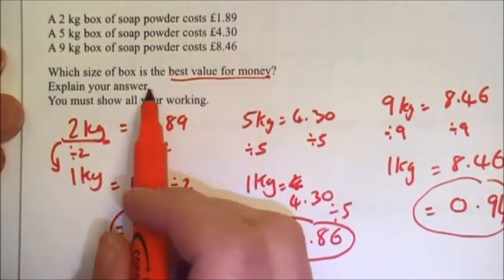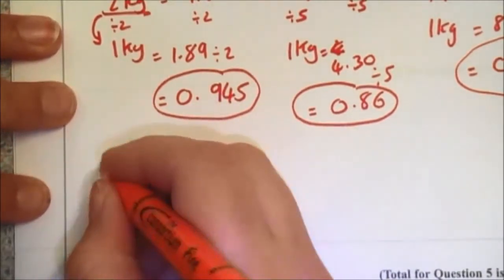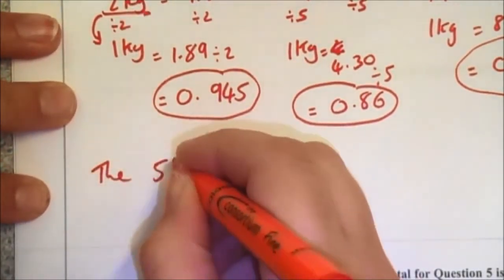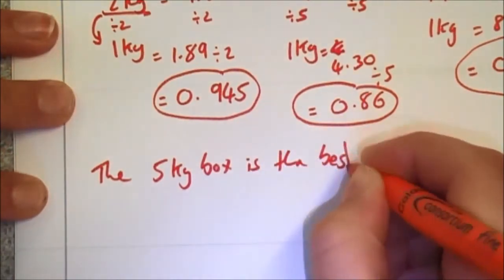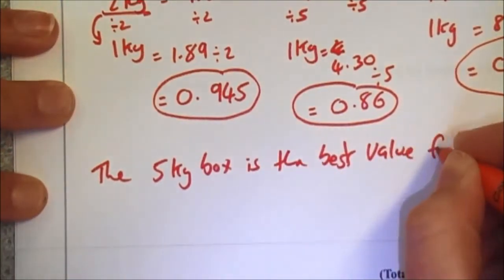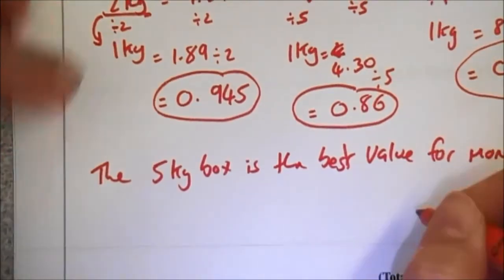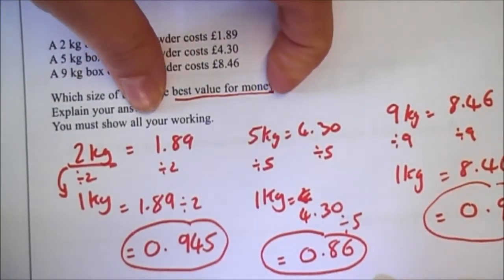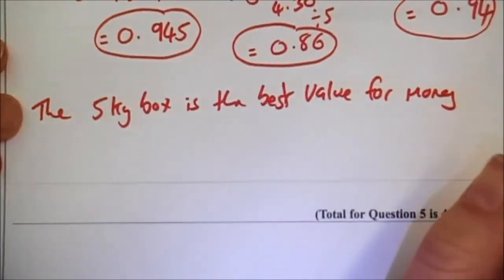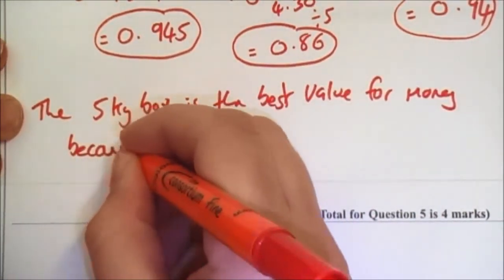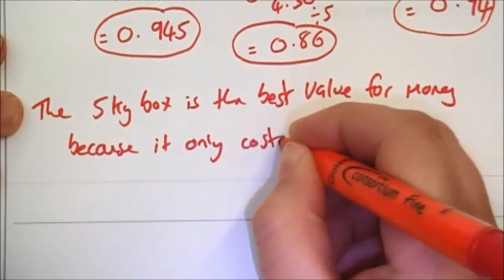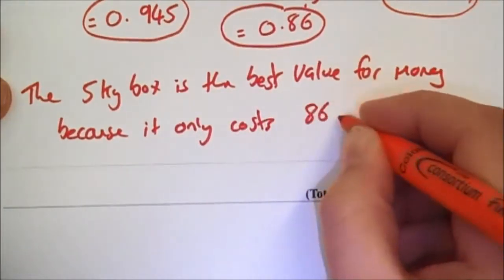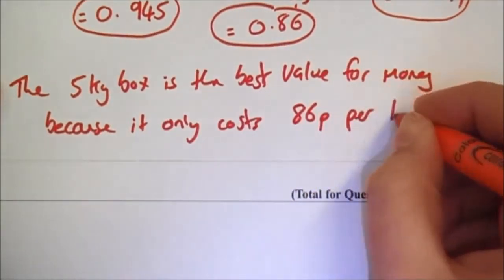I'm going to make sure that I explain my answer and it's got a star next to it, which means they're interested in my writing. So I'm going to state clearly that the 5 kilogram box is the best value for money. And I've literally just used what they've asked me in the question. So the 5 kilogram box is the best value for money because it only costs 86p per kilogram